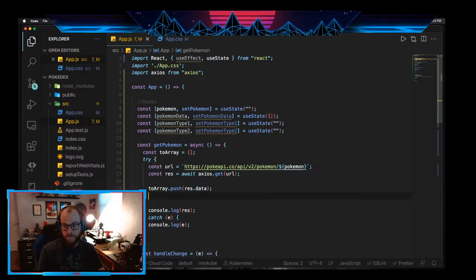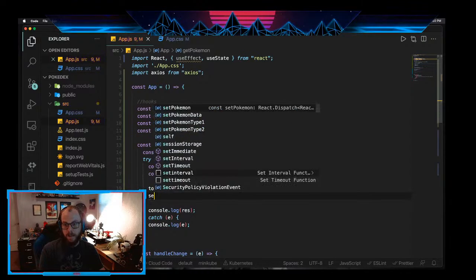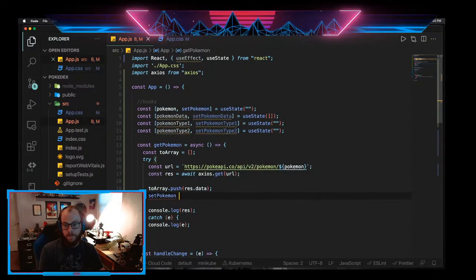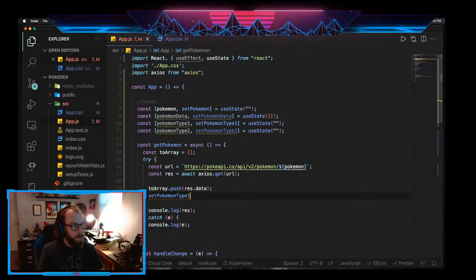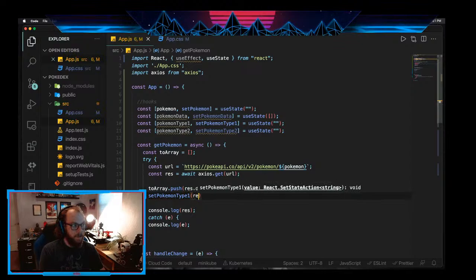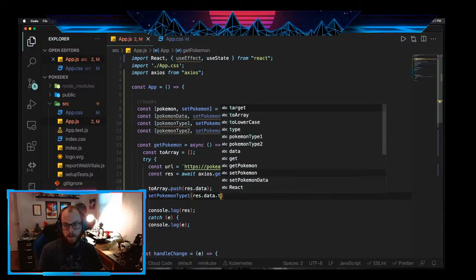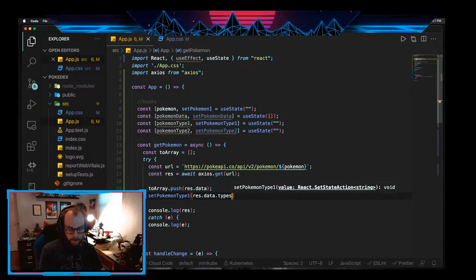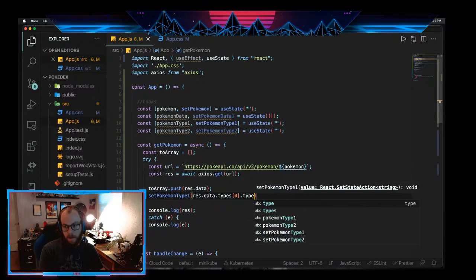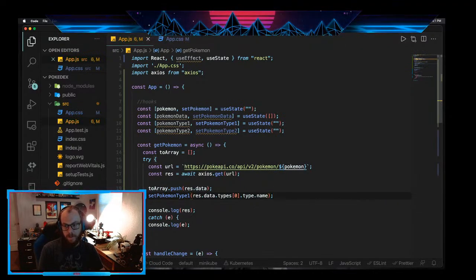Then what? We'll say setPokemonType1. So we're only going to res.data.types, 0th index. I'll show you where all of this lives on the API here in just a moment. Dot type dot name, because we also need to set up some sort of checker to see if there's a res.data's type